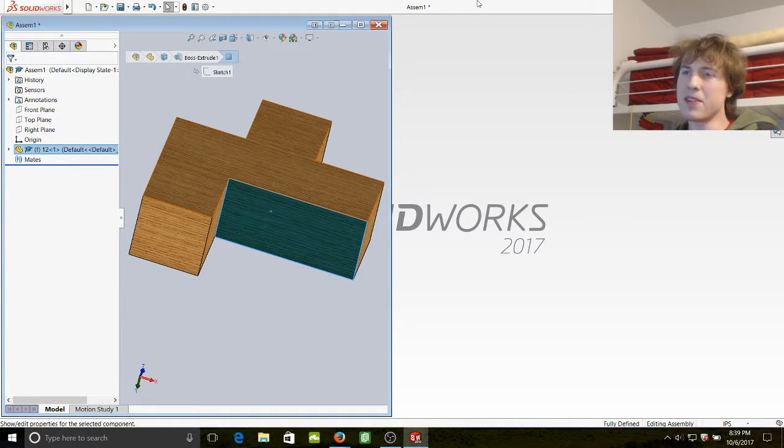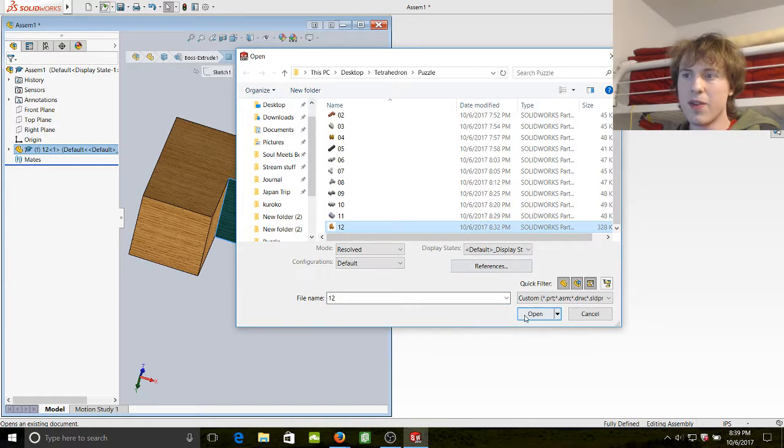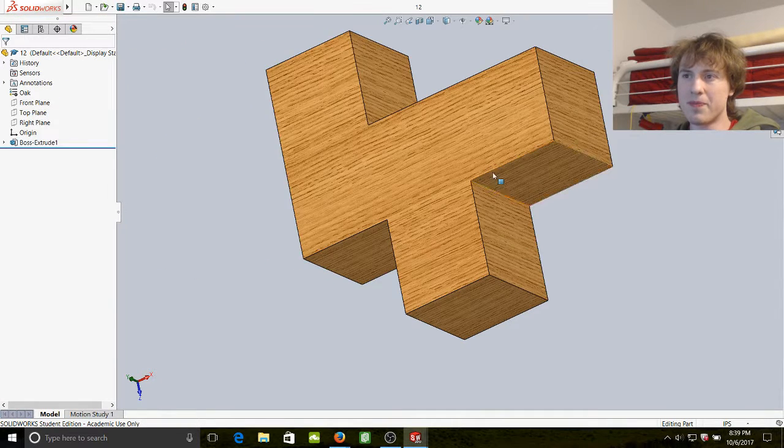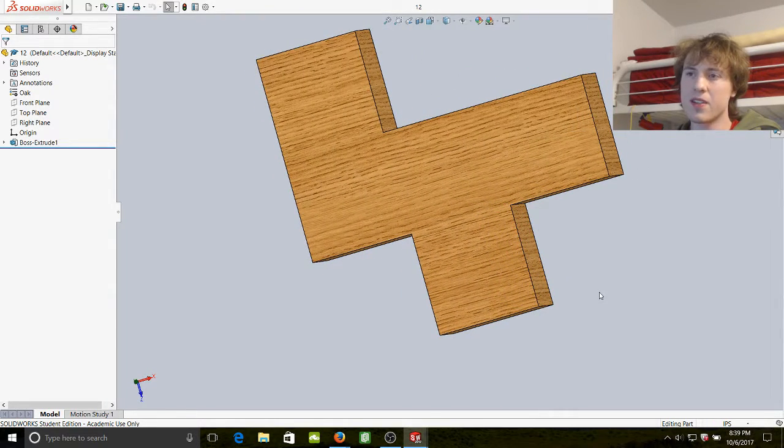Oh, maybe if I. Oh wait. I have an idea. Okay, so if I go and I open, let's see, this is block 12. If I go and I open block 12, okay, there it is. I want to flip this part over just so that this part's facing down. So what if I'm